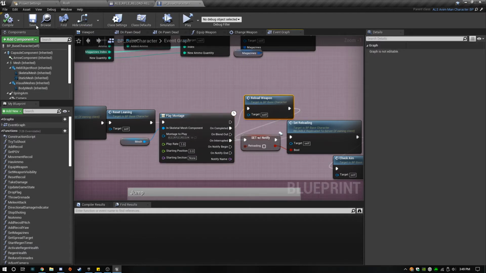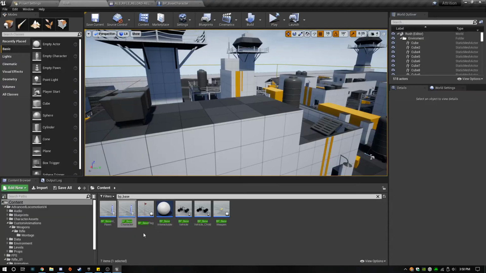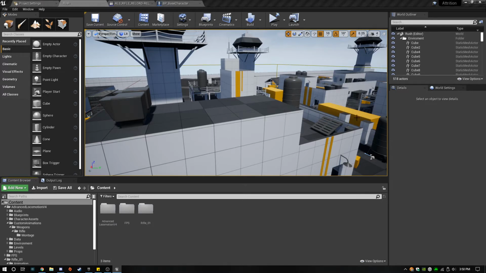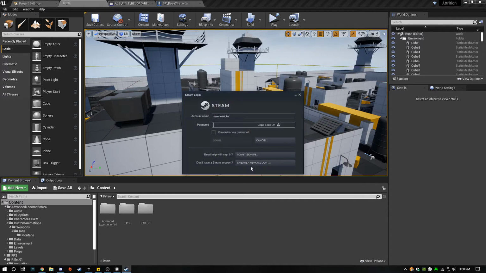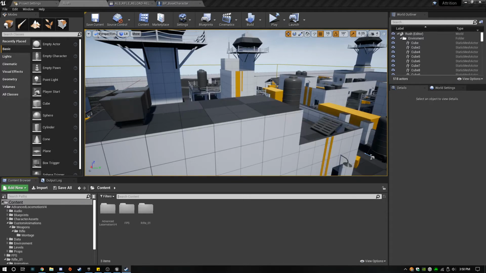Okay, let's try this and see what it does. We need to pull up Steam first because it is currently hooked up to Steam right now.